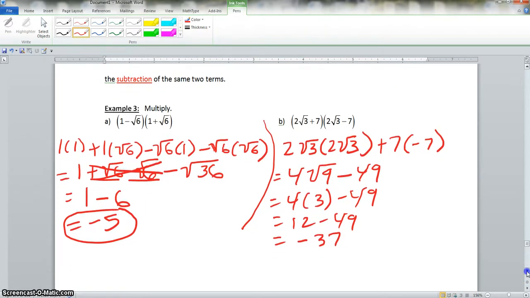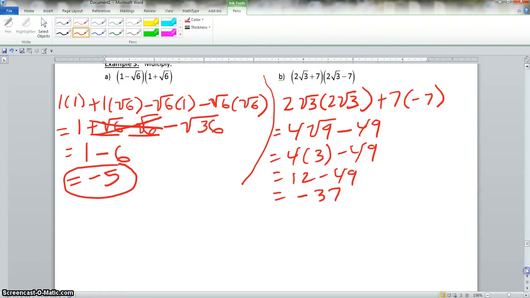Now we have to prove that this actually works. I just told you that, to make it easy when you're dealing with conjugates, you do the first times the first and the second times the second. But let's do it the long way like we did here, and we should still end up with a negative 37. So we would take 2 square root of 3 times 2 square root of 3 plus 2 square root of 3